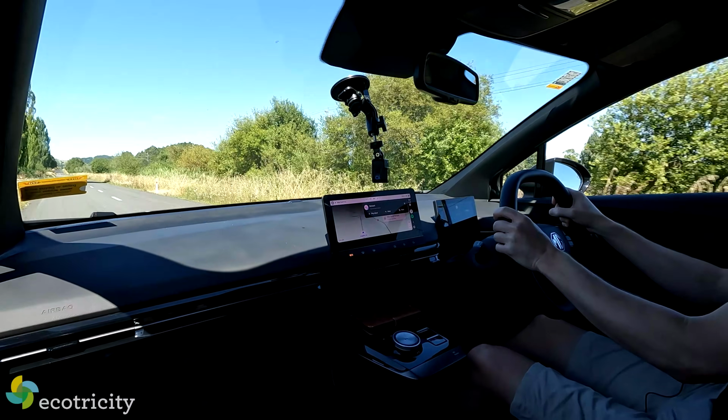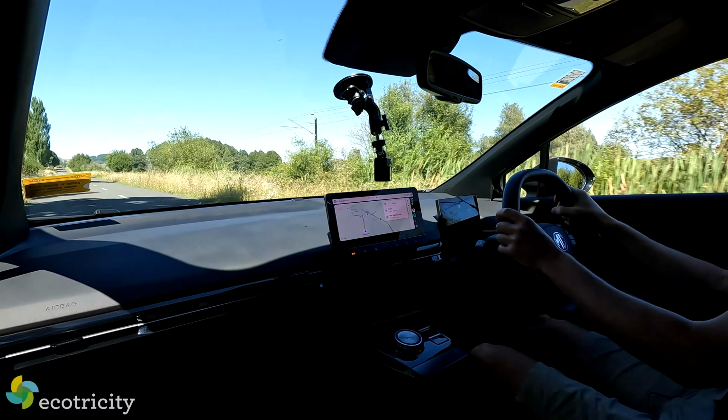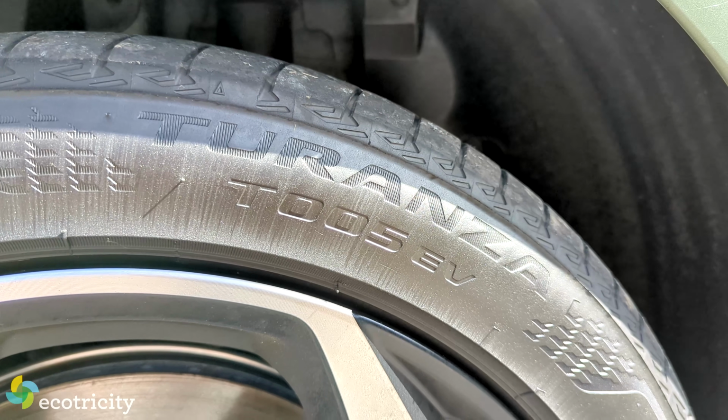In fact, the only thing that's maybe letting it down is the tires in hard cornering. They're touring tires. They're not track tires. So if you want to take this car and put it really seriously through some corners, put stickier shoes on it. But the